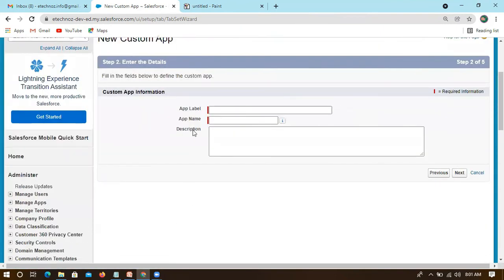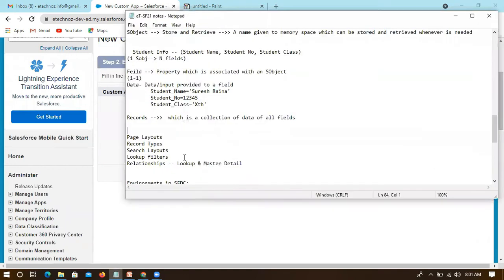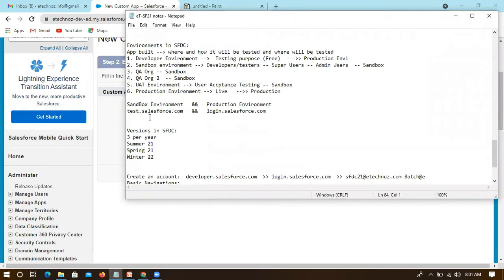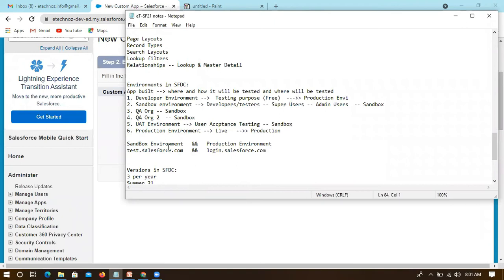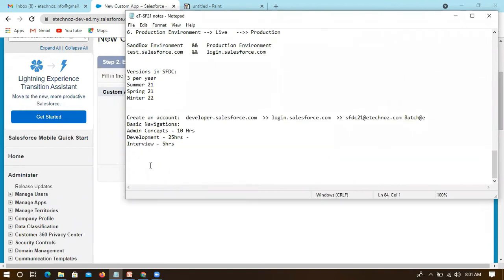Before going to the second step, I want to explain one more concept. Yesterday we saw environments also. If I want to create anything, during creation you will be prompted for something called label.